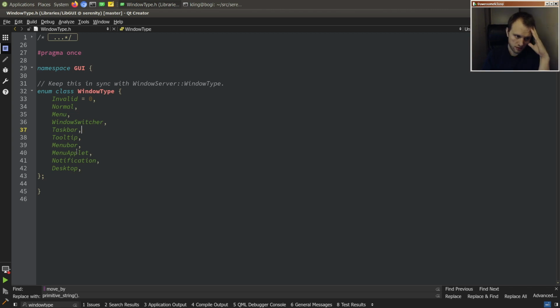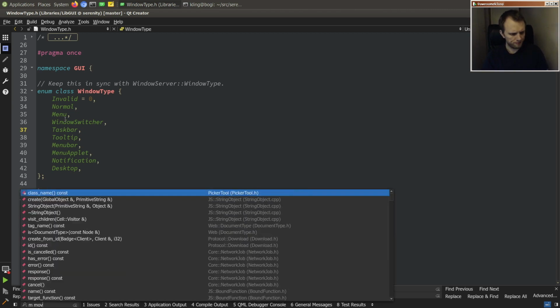So it goes above in the window stack order. It's painted above windows in its own window parent chain, but it does,